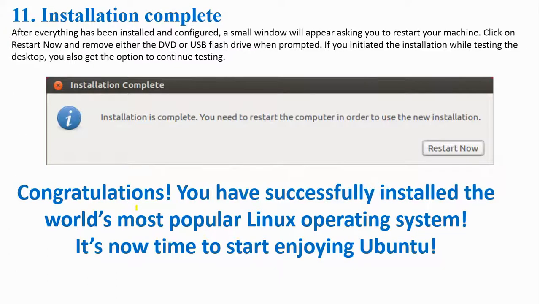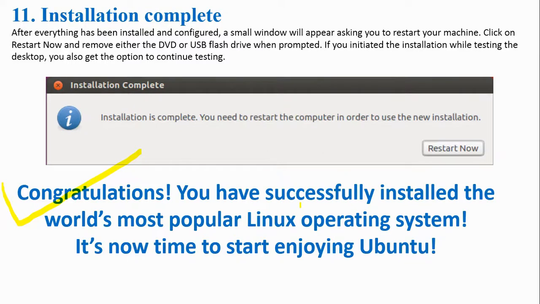And this is the last step here. Once installation is done, you will get installation is complete. You need to restart the computer in order to use the new installation. And congratulations, you have successfully installed the world's most popular Linux operating system. It's now time to start enjoying Ubuntu.